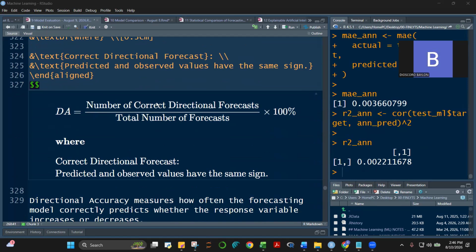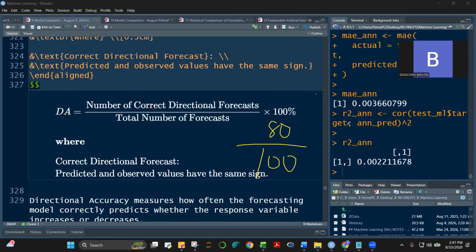If it's 100, let's say there are a total of 100 forecasts because there are a total of 100 observations for our testing data set, example only. Okay, so if we have a total of 100 observations, and let's say that 80 of them predicted correctly the sign. Okay, we're not talking of the value, but rather the sign.